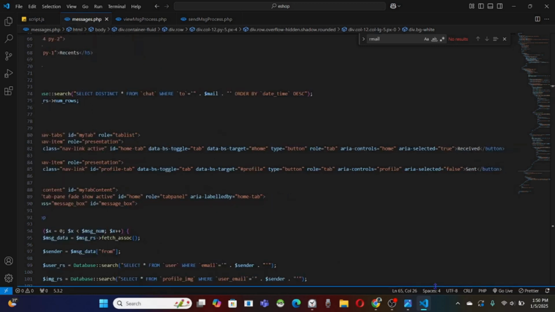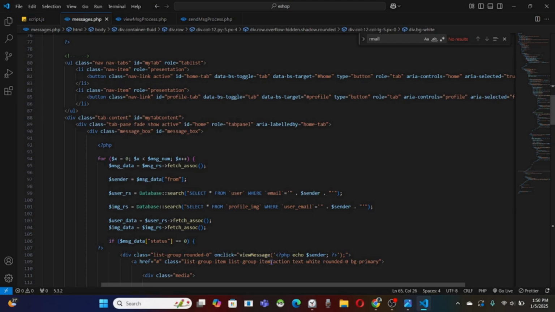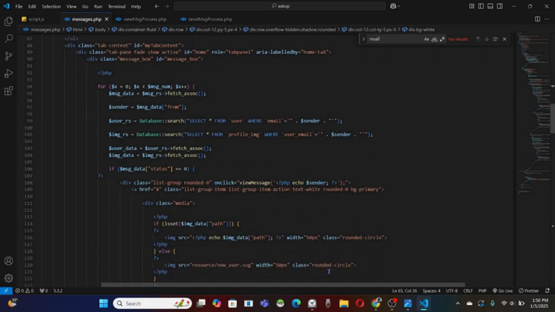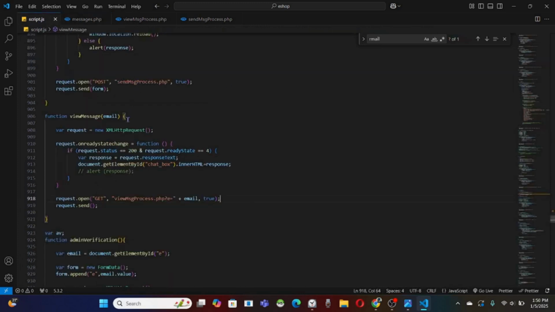If we click one of the messages displayed in either received or sent, we will activate this function, and we send either the sender's email or the receiver's email depending on the tab you are in. When we activate that function, that email is sent using the get method in Ajax to this file, message_process.php,